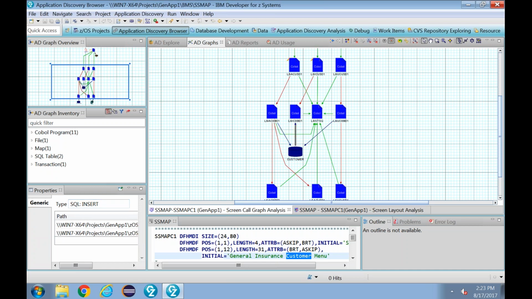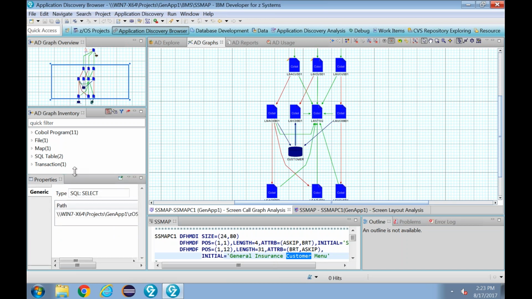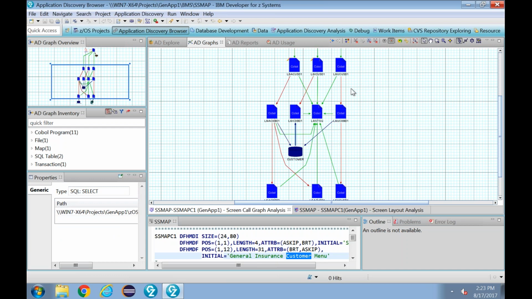And if I click on this arrow, it tells me that it's an actual SQL select. So without even going anywhere, just by looking into the graph, Joe can easily know that the program that selects from the table, and therefore the one that does the customer inquiry, is LGICDB01.